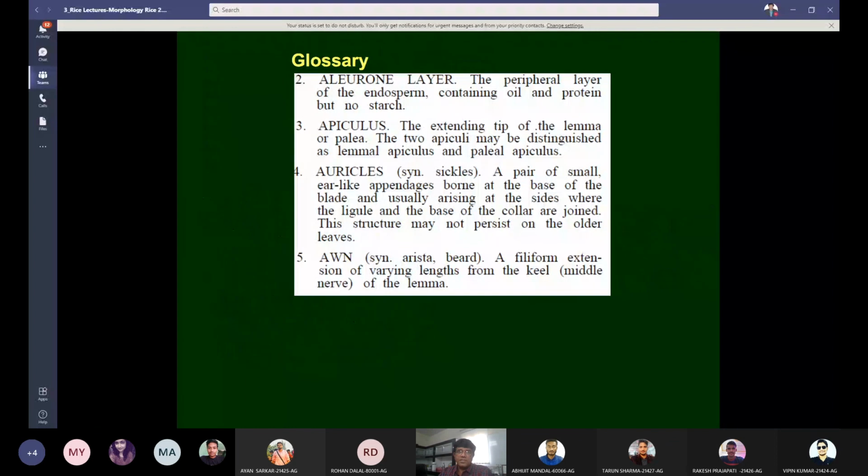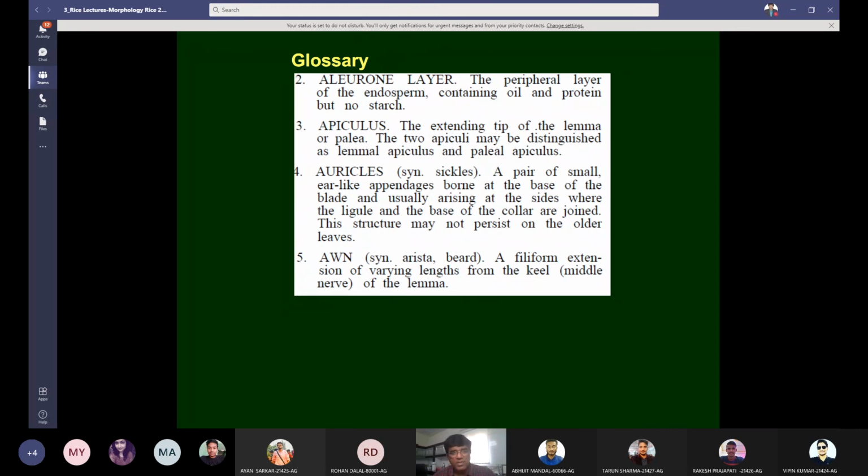So this finishes this lecture, and now you can see some glossary. So I tried to put some glossary. I have no time to read this, but this will be quite useful to you. Please try to read. Whatever morphological features we discussed, if you fail in any one, you can read this glossary. This will help you to understand everything.